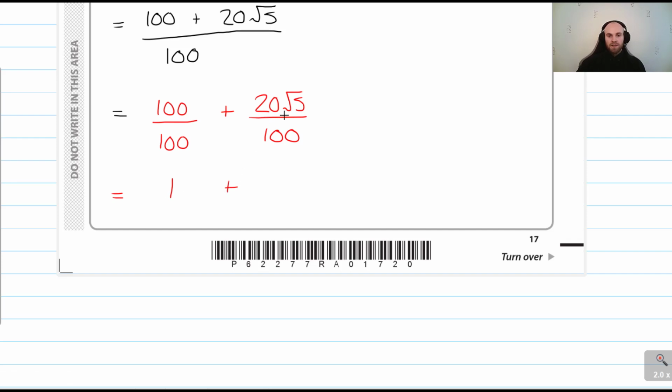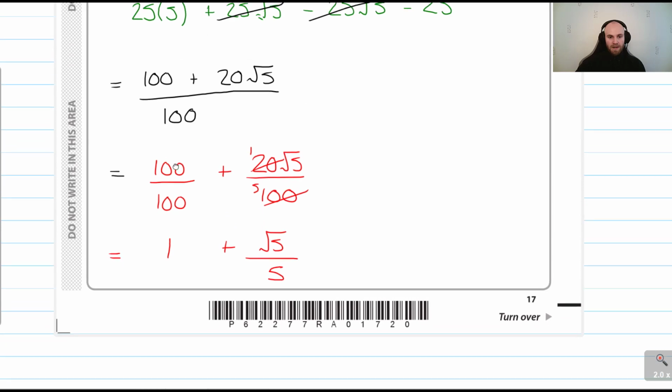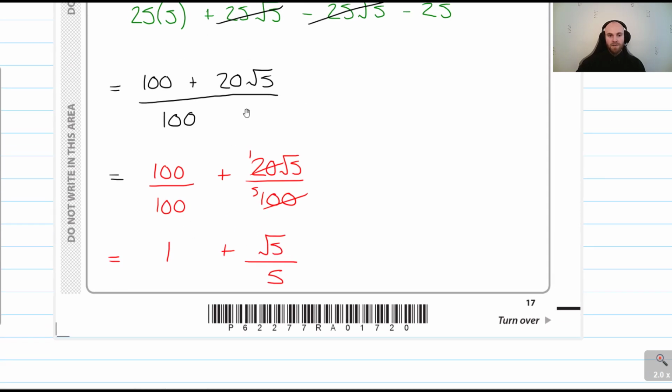20 root 5 divided by 100 is a little bit tricky, but 20 goes into 100 five times, so you're going to leave that 1 on the top. So it's going to be 1 multiplied by root 5, which is just root 5 on the top. And then we just have the 5 on the bottom. And if I go all the way back to the top, so if you have 1 plus root 5 over 5,